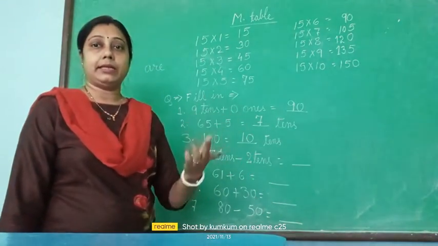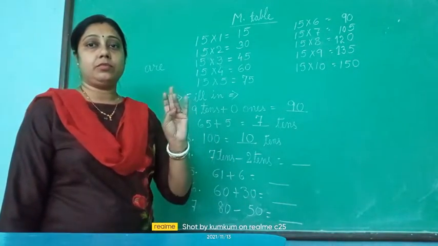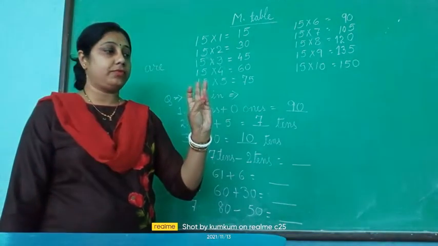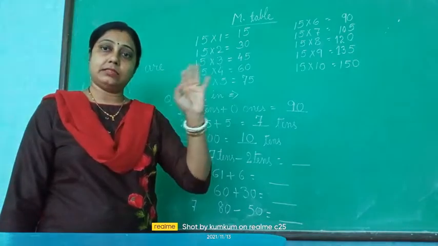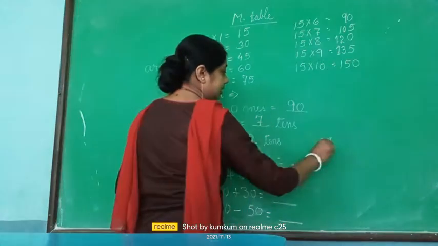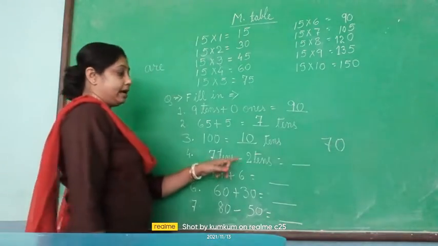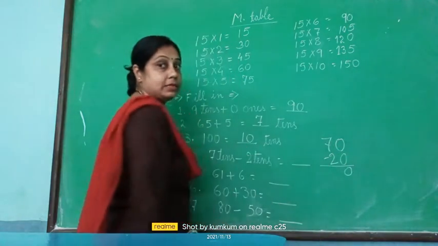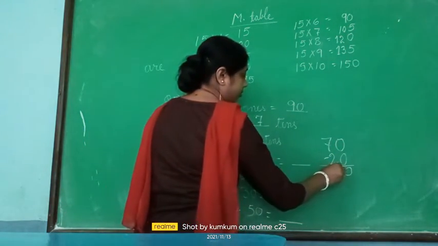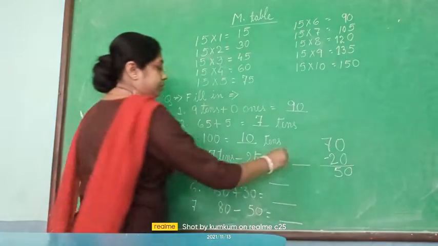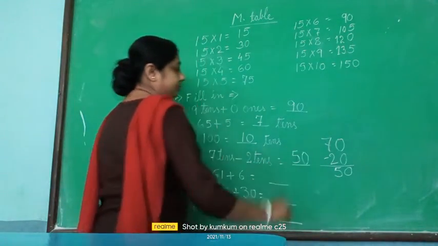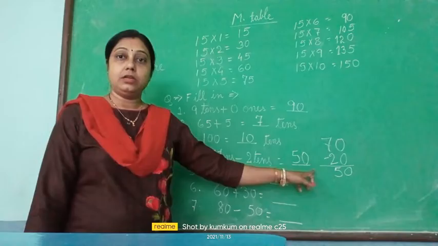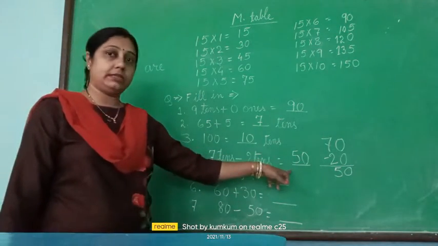So 70 minus 20 means what? From 7 you will minus 2, then it will become 5. See, after 2 you count 3, 4, 5, 6, 7. That means 5 and 0 will sit. You can do the rough work and see 7 tens means 70 and 2 tens means 20. So if you are subtracting, you are getting 7 minus 2, that means here it is 5. So 50. So we will write here 50, not 5 tens. We will not write 5 tens because here tens is not added. So we have to convert it and we have to write in digits.